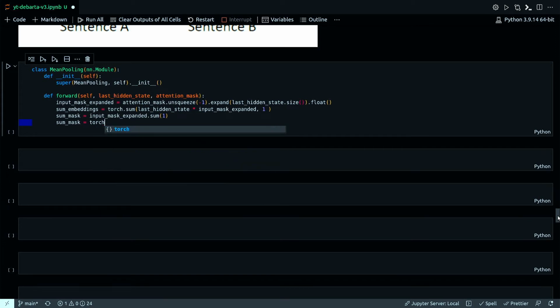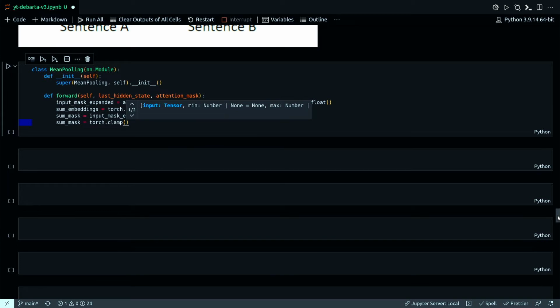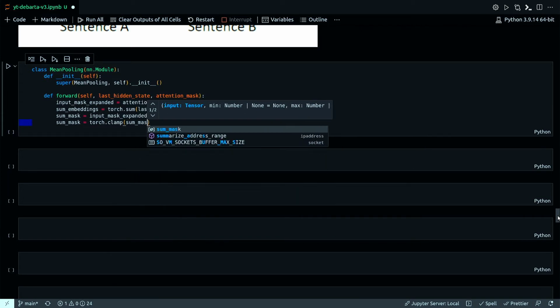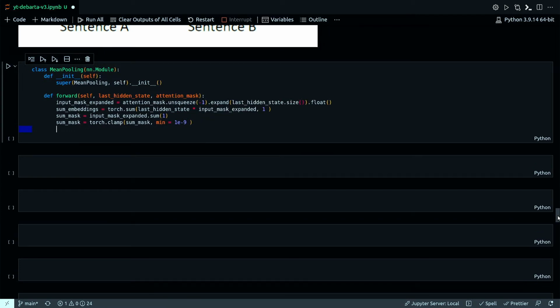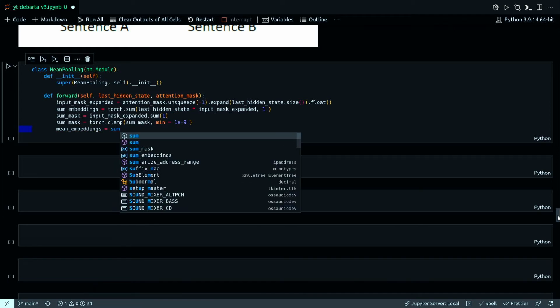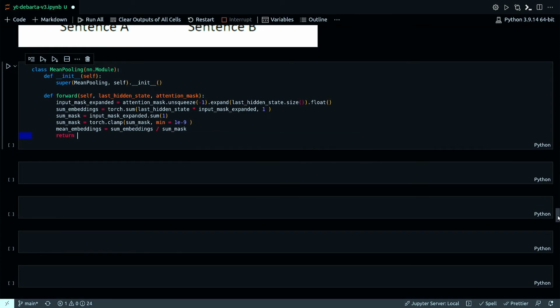Clamp it with torch.clamp between values of sum mask, and finally my mean embedding will be sum embeddings divided by sum mask. That is all.